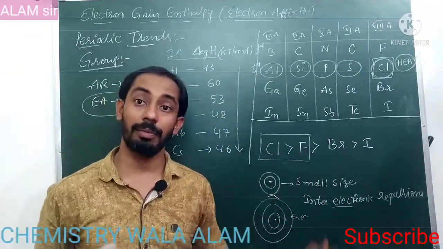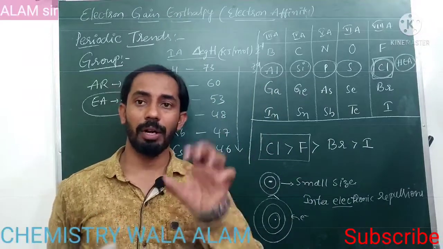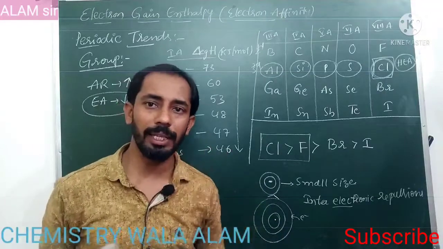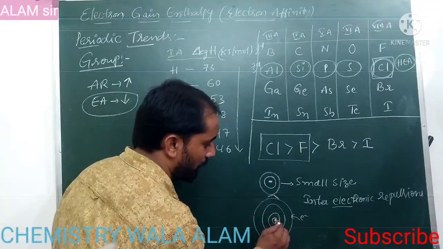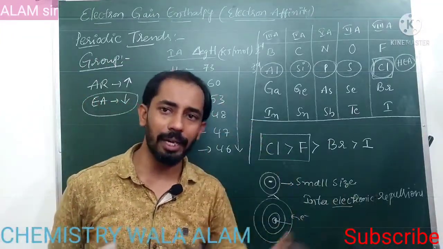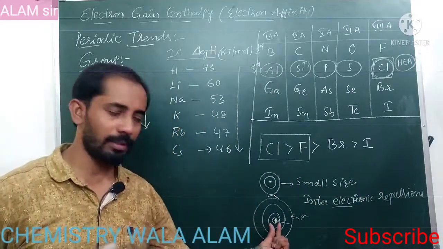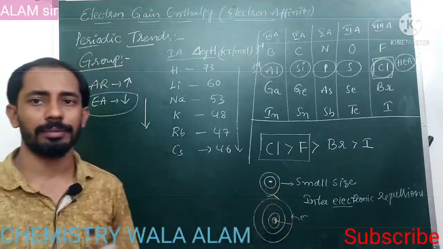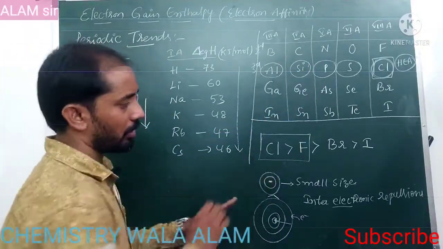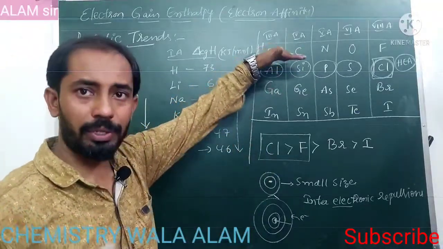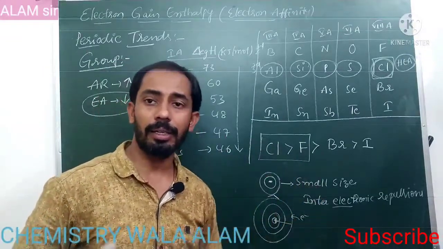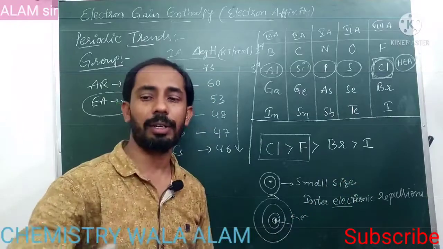Then you may get the doubt: sir, fourth period has 4 shells, no? Somewhat larger size and then electronic repulsions, of course. But the nucleus should also be able to attract the electron. When the distance is more, the nucleus cannot attract it. So here the size is perfect to gain the electrons. Of course, some exceptions are there. So the third period has more electron affinity than the second period. The reason is the small size of the second period elements, and then electronic repulsions.